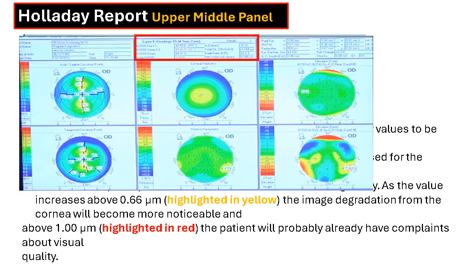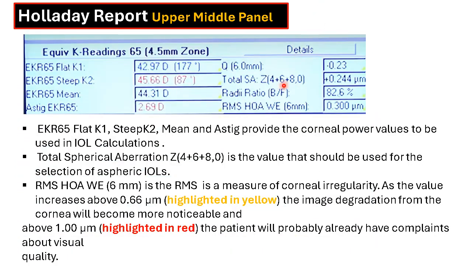Now we will speak about the holiday report, the middle upper zone. The first zone is for the demographic data, but the middle upper zone contains some important data. The most prominent one is the EKR 65. This EKR 65 is a special K reading measurement done by the Pentacam, and this measurement reflects the power of the cornea over a 4.5 millimeter zone, and it takes into consideration both the anterior and posterior